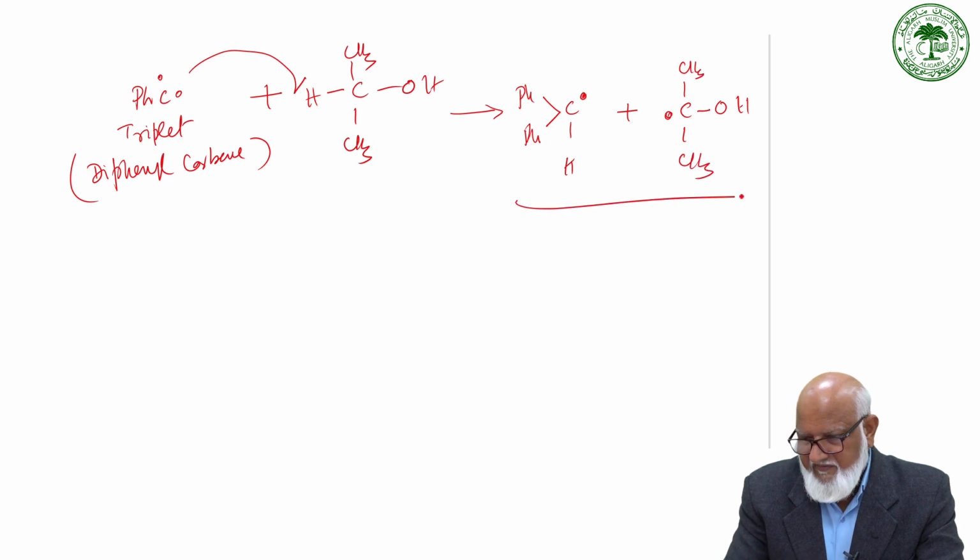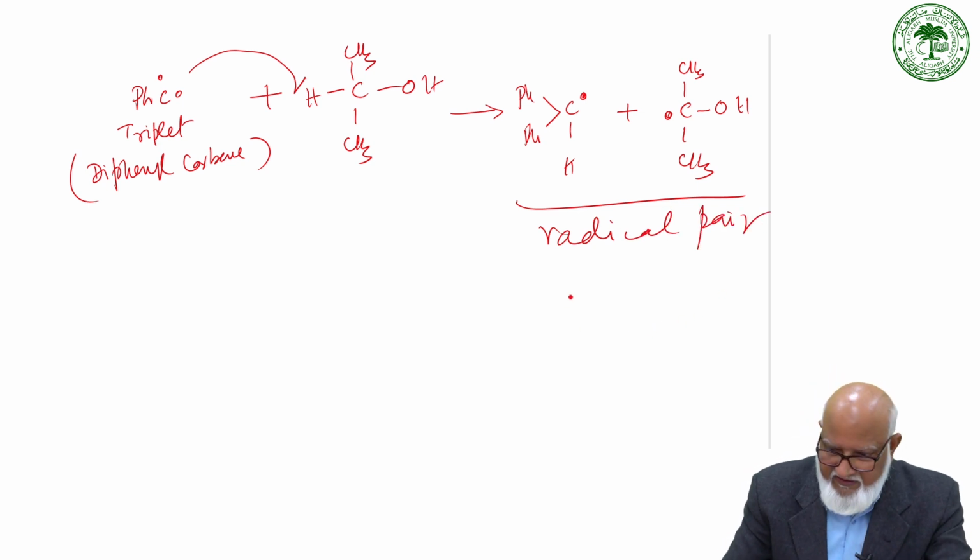So a radical pair is formed on reaction of the triplet carbene, and then the isolated product is going to be